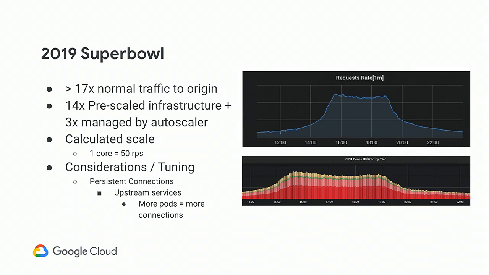So what we saw on the day of the Super Bowl was greater than 17 times our normal traffic. And you can see how these requests spiked up during the day of the Super Bowl. Now, we had pre-planned, and as I mentioned, one of our big challenges around these tentpole events is that we can have very rapid request growth in an extremely short amount of time. So always being prepared for that and not relying on auto scale is probably a safe bet.